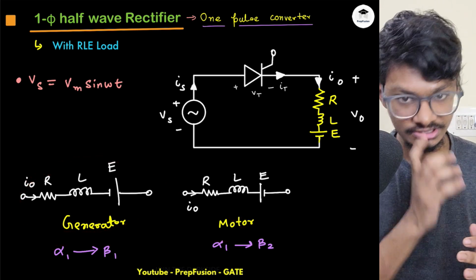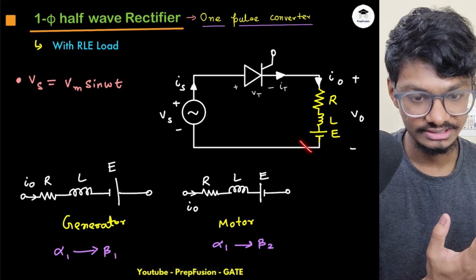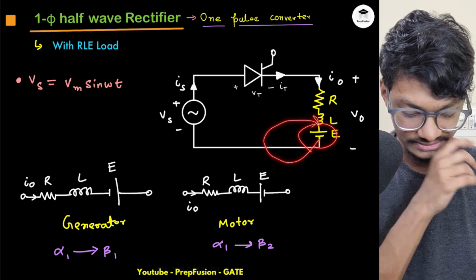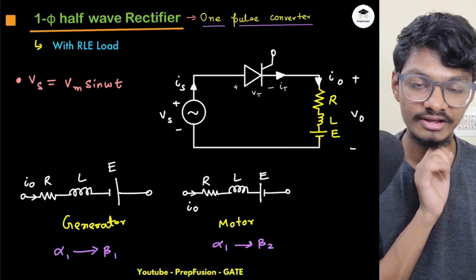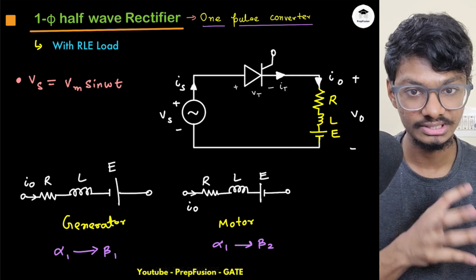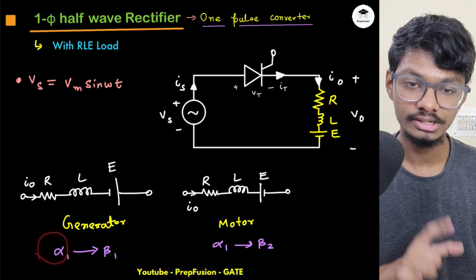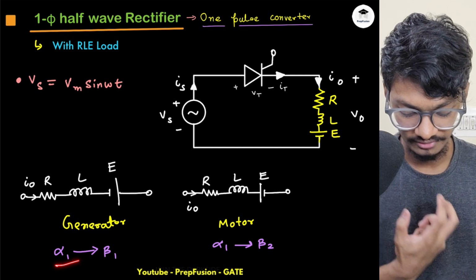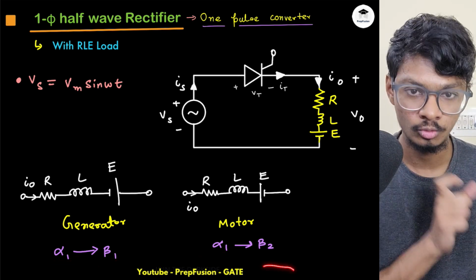So what does a generator do? It supplies the energy, right? So this generator will also supply this inverter some energy. But if a motor is present, it will take some energy from the inverter. So due to that reason, if my generator is conducting from alpha 1 to beta 1 and my motor is conducting from alpha 1 to beta 2, my